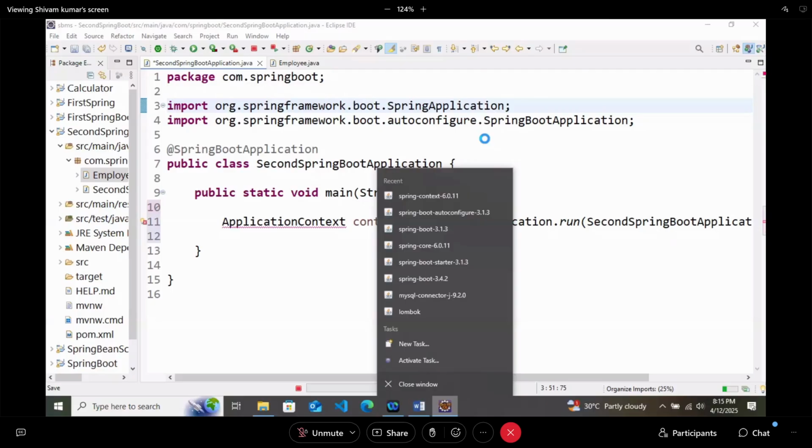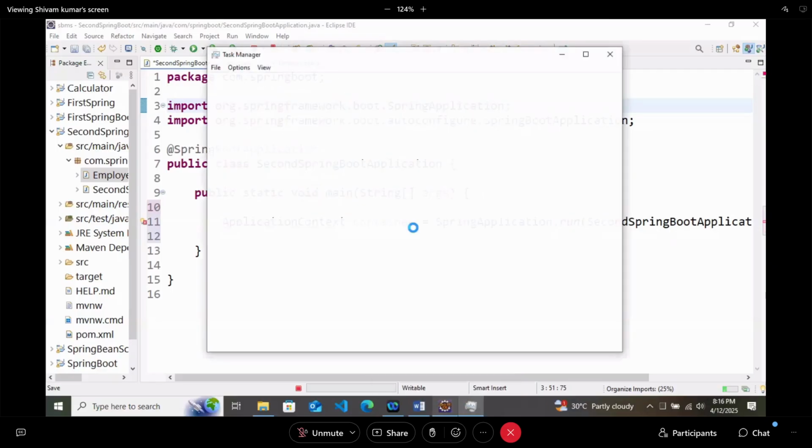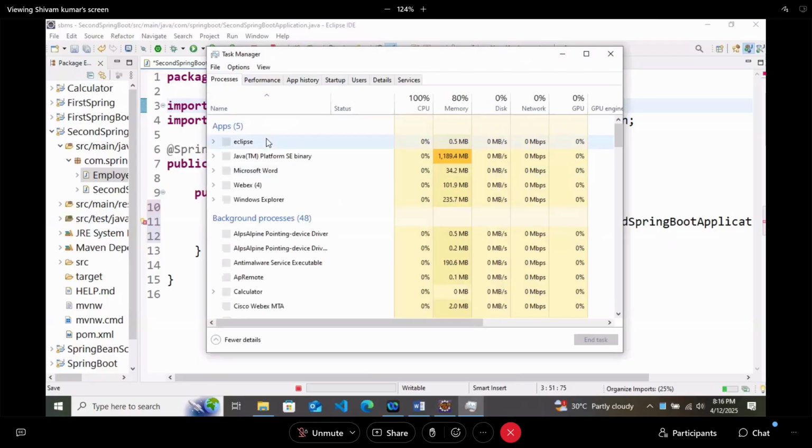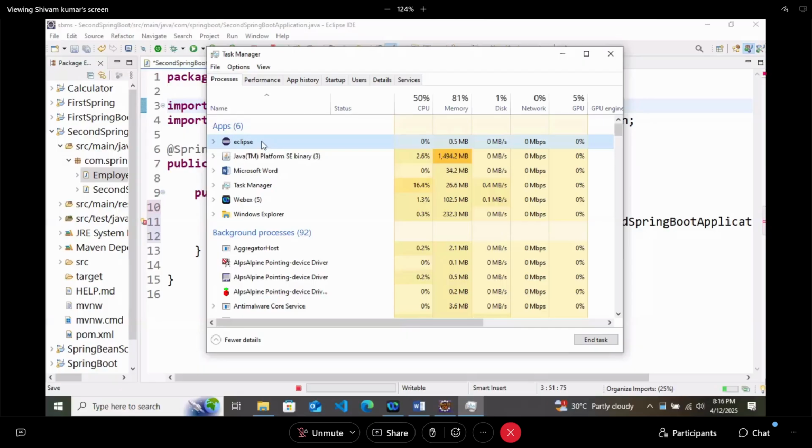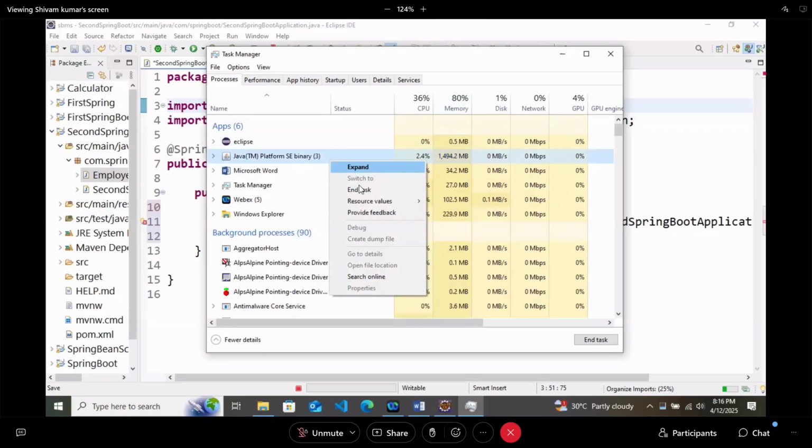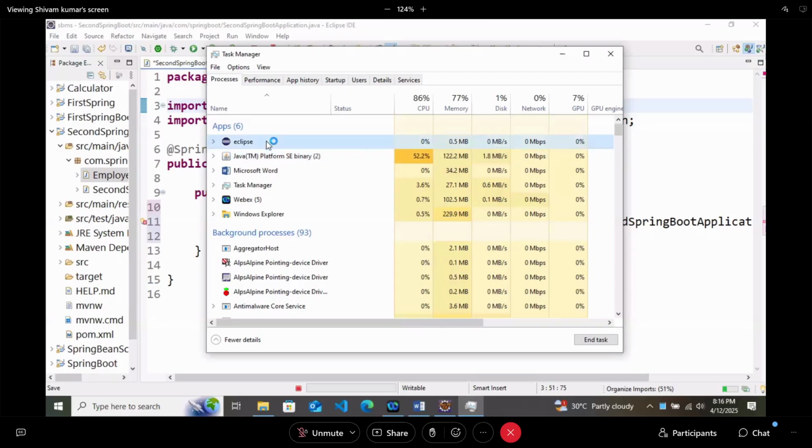If you are normally using it and you have connected your earphones, charger, or Bluetooth, it is possible. Let me just close it. There is no other option. See, it is lagging because here 81% of the memory is already used by it. So we'll just end the task here so that it has some free space.